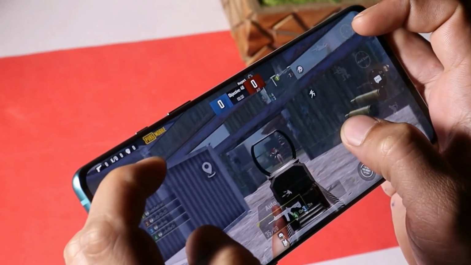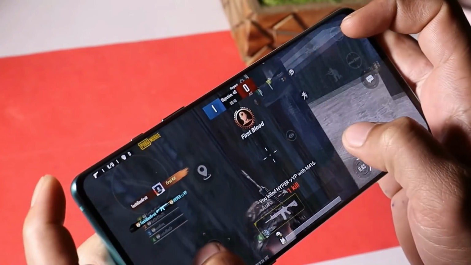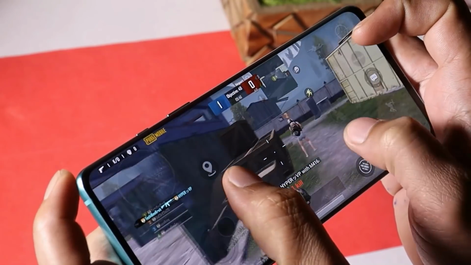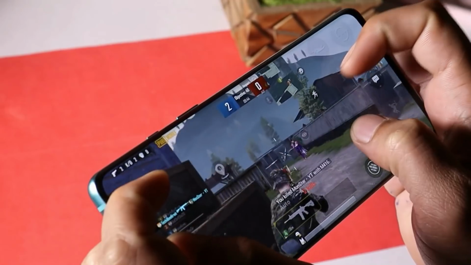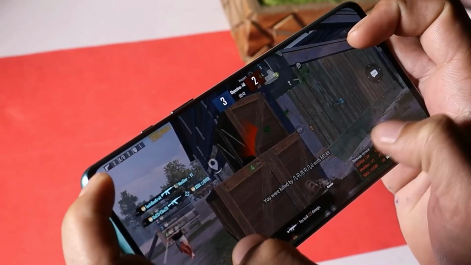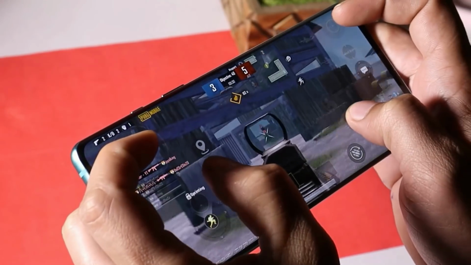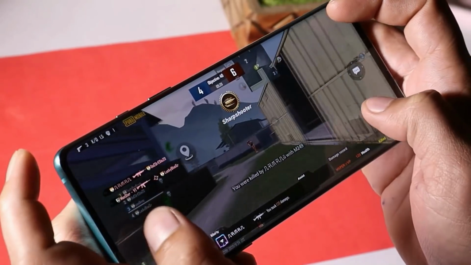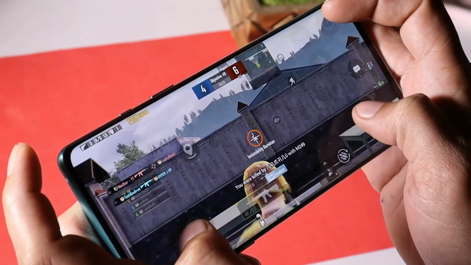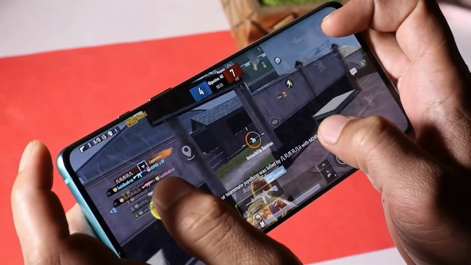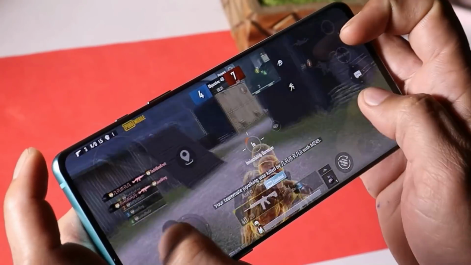But while gaming, touch issues are still present on almost all the builds of Oxygen OS 11. I still face touch issues on my stable version and beta version. Even after reporting this bug, OnePlus hasn't fixed it. And if you are more into PUBG, you will also see lots of frame drops while having close fights or while landing at hot drops.